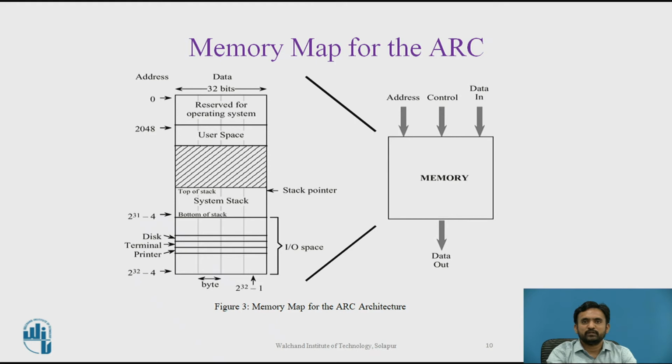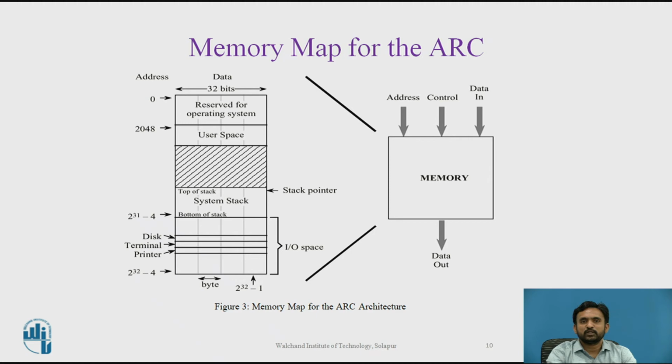When we call memory, for example here the memory has a 32-bit address space, which means the programmer can access a byte of memory anywhere in the range from 0 to 2 to the power 32 minus 1. And the address space for our example architecture is divided into distinct regions which are used for the operating system, input, output, user programs, and even system stacks, right?